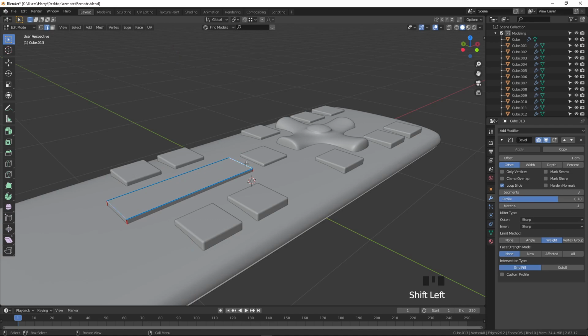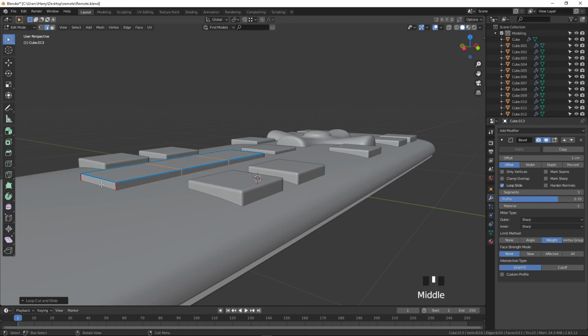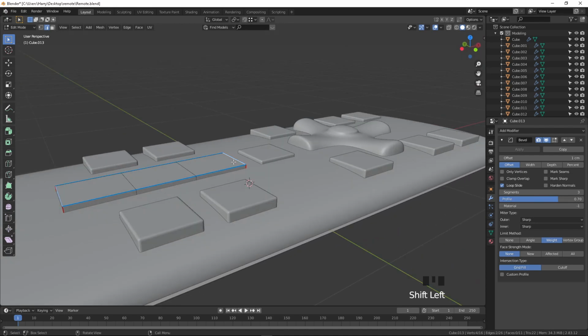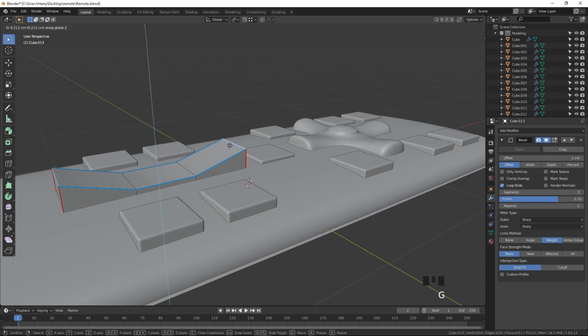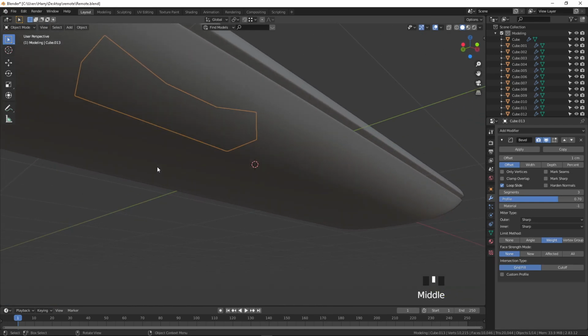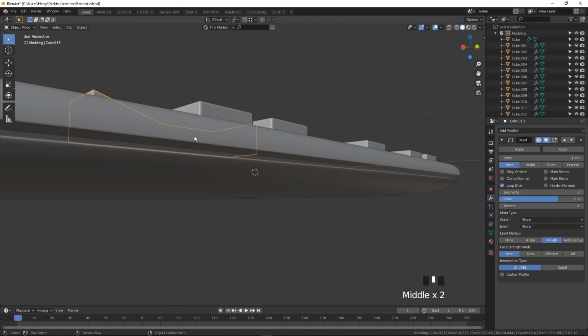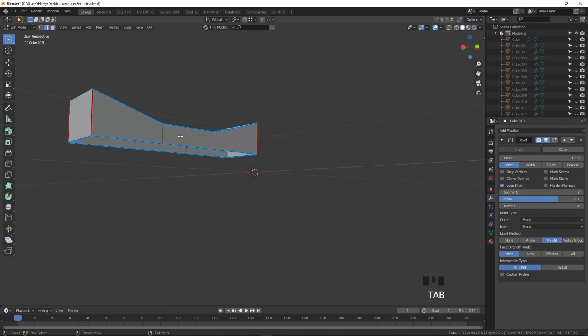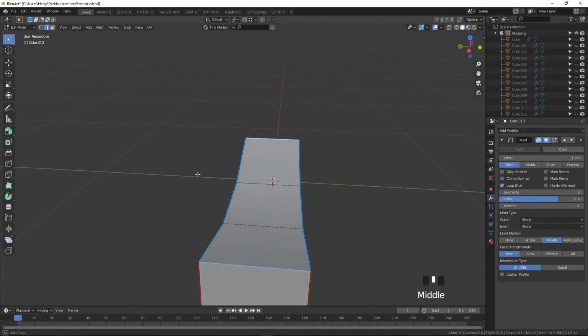Select this, E Z. Okay, you can create, press Ctrl R and use the mouse scroll to increase it, and select this. Now you can select these two edges and G Z. Then press Tab to go to edit mode, press Shift H, go to edit mode, and for this